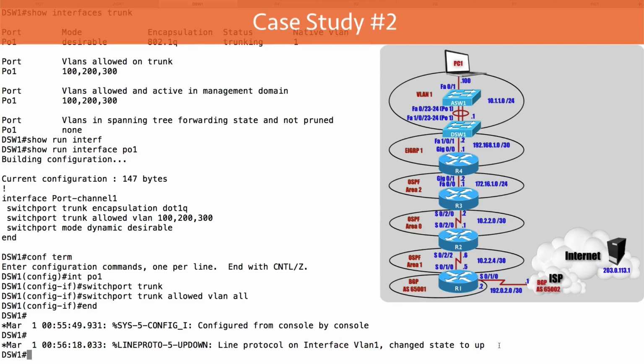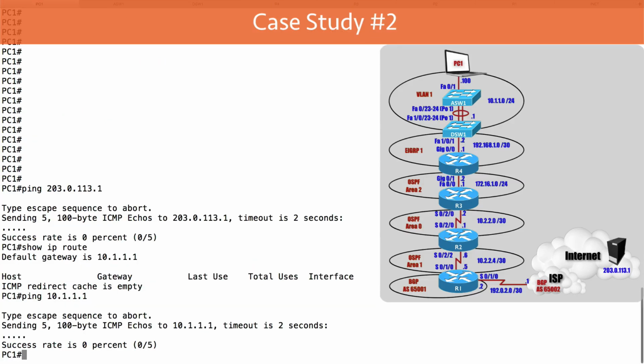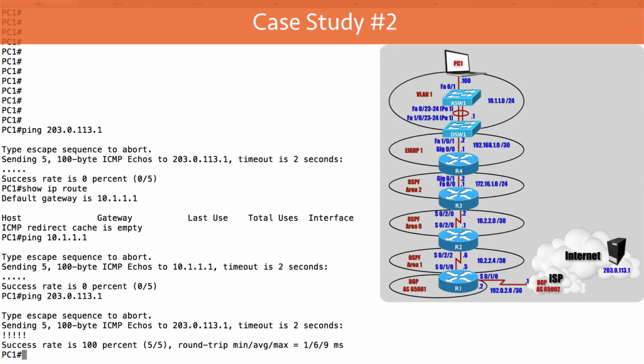Great. Let's now go back to PC1 and see if we have connectivity with this host on the internet. Let's once again try to ping 203.0.113.1. Success. Our issue in this case study was a layer 2 issue. We were pruning a VLAN off of a trunk that was formed on an EtherChannel that was interconnecting ASW1